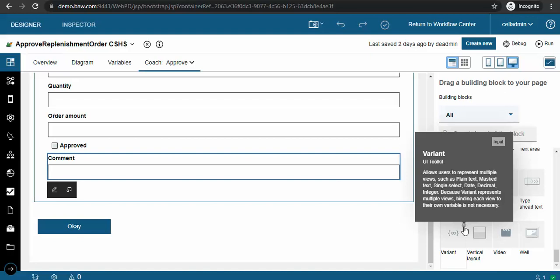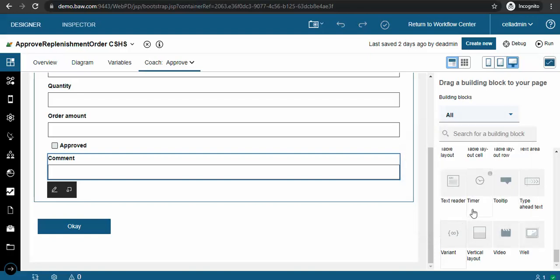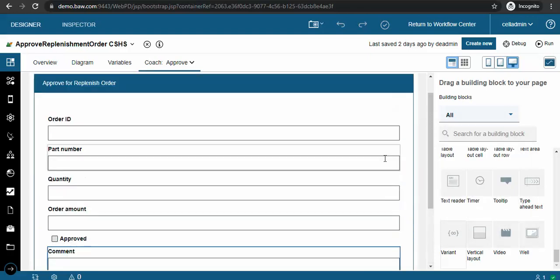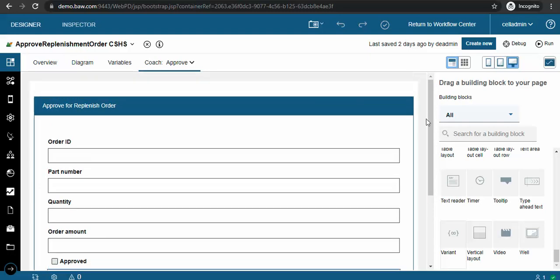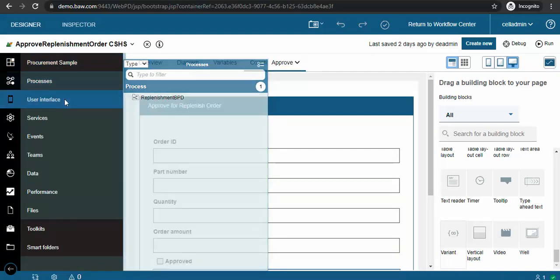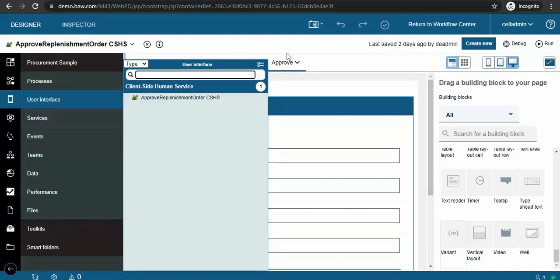Because variant represents multiple views, binding each view to their own variable is not necessary. So basically, suppose that you have a requirement to dynamically change the type of artifact based on some conditions. So I think you can use this. So you can go through all of this, and you can see the new things here.